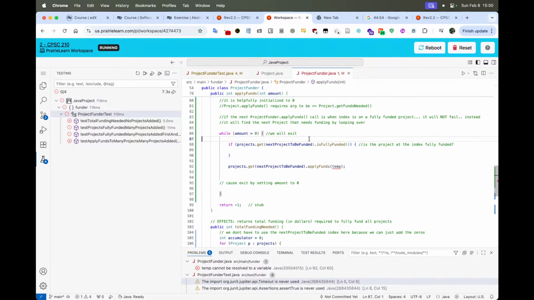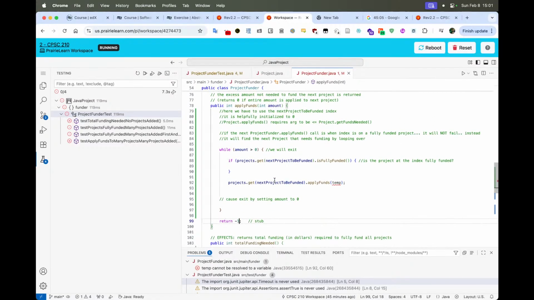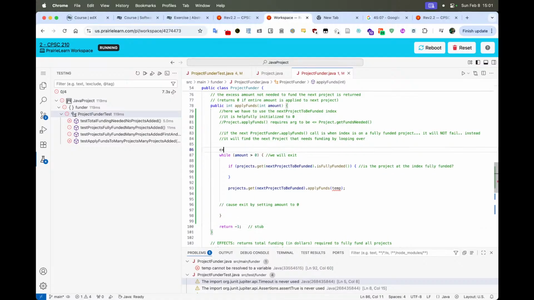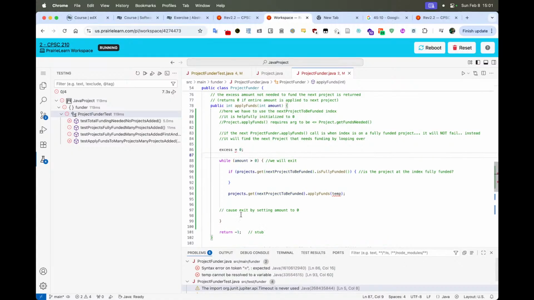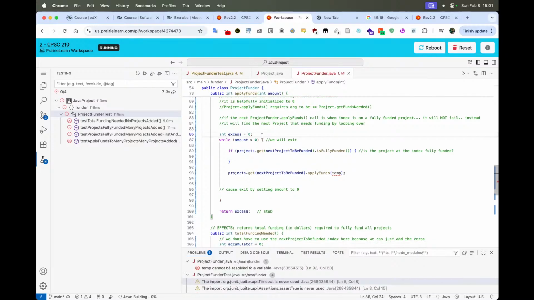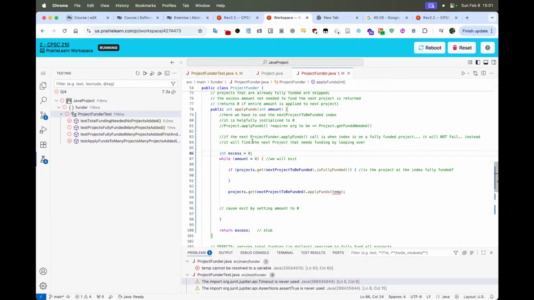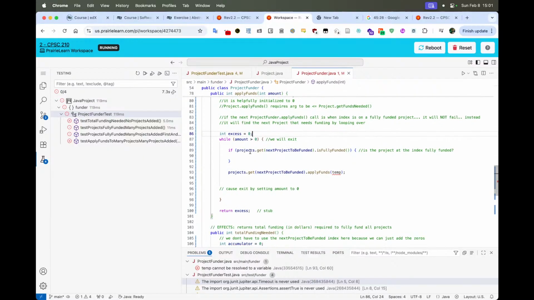While amount is greater than 0. I guess if we call it with 0, then we immediately just exit. This function just does nothing. Have excess equals 0. And we can just define this. So if project.get next project is 4. So let's just have the initial state of the world while amount is 0. If the project is fully funded, then